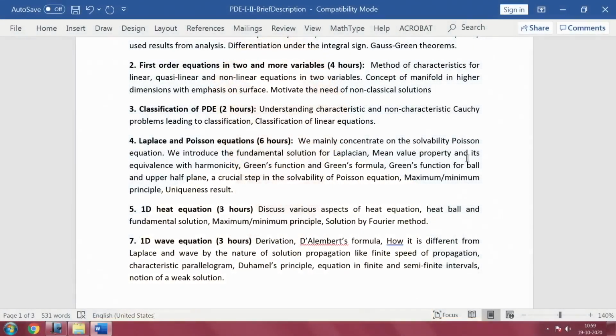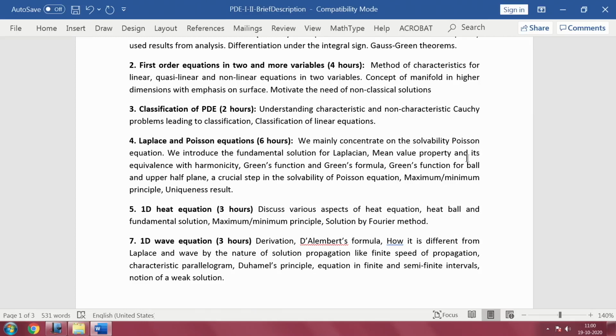Another class of equations is the heat equation and wave equation, and in this first PDE-I we will discuss the 1D heat equation, that means the heat equation in one dimension. We will discuss various aspects of the heat equation, we will introduce what is a heat ball, fundamental solution, again the maximum and minimum principle, and perhaps solution by Fourier method. We will do that in 3 hours, and then we will do the one